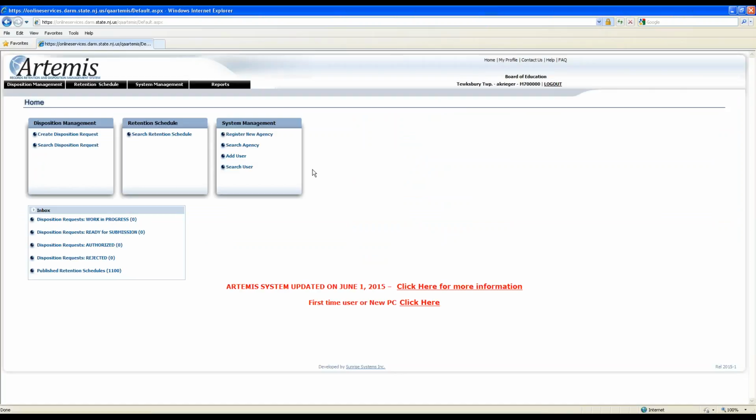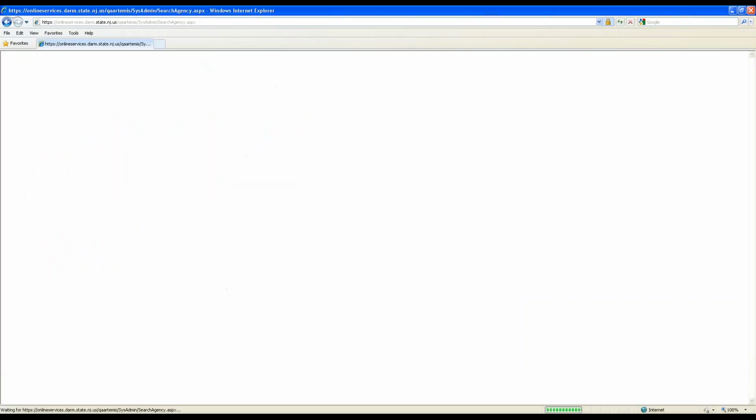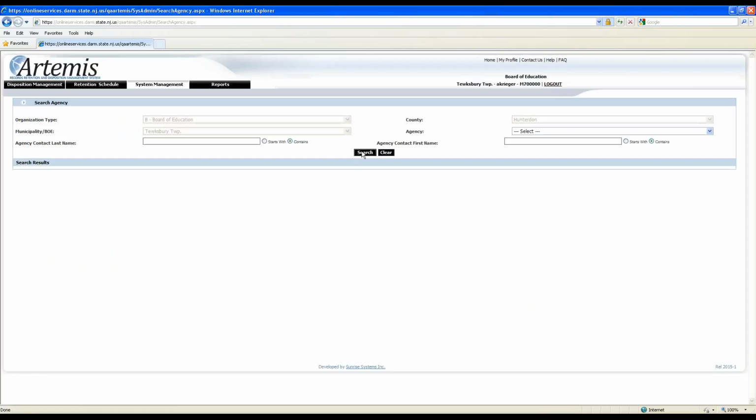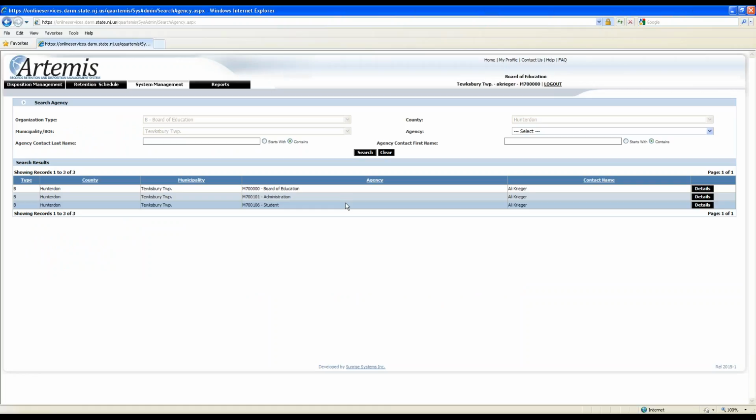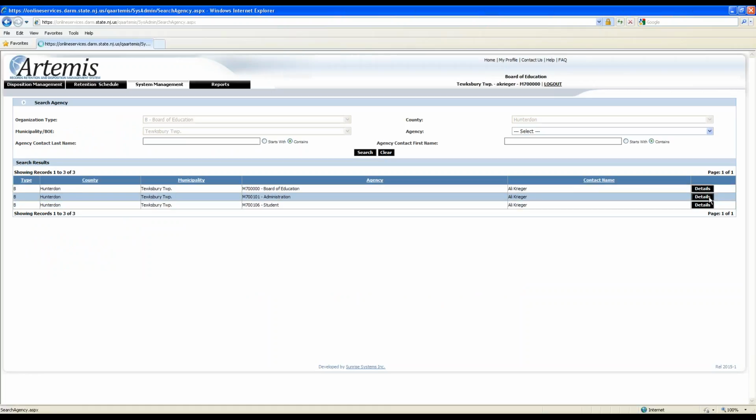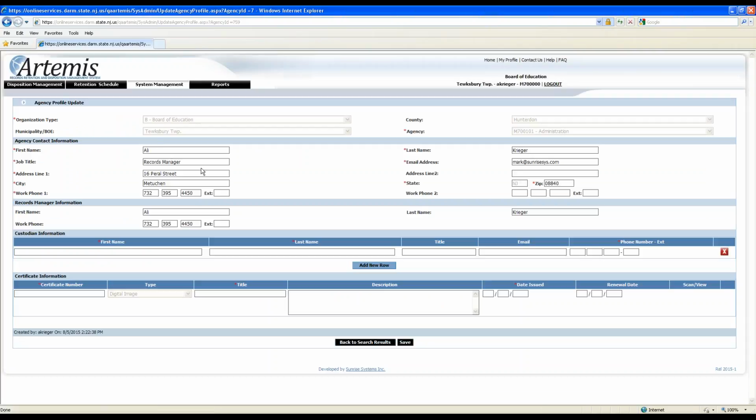Now, once all your agencies or retention schedules are registered, let's say the information you put into each schedule happens to be your BA's information. Let's say that business administrator has now retired or has moved on from the organization, and we have a new business administrator, and you want to go in and update that information. That's fine. You can go in under search agency. You can click just on the search button. It will pull up all the agencies that have been registered within the system. And at this point in time, you can click on the details button on the right, and you can go in and update that information if need be.